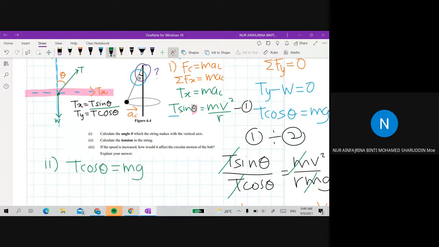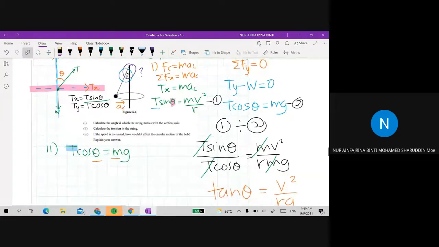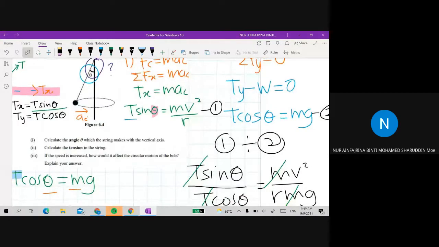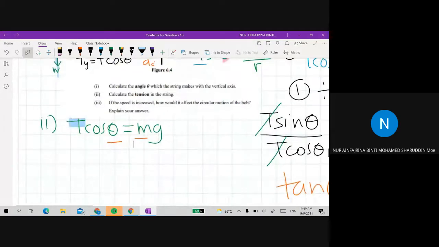So now kita nak cari tension kita. The best part about it, we already know our angle and we already know our mass. We just substitute the equation, substitute the value. Okay, you can use equation number 1 as well. Tak ada masalah, okay? Now, substitute je lah. So T cos, angle dia berapa tadi? 53.7 degree